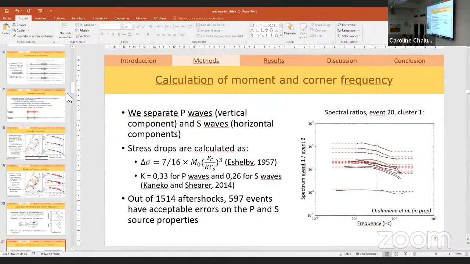Apart from that, it would obviously be interesting to image specifically the parts of the plate interface that have repeaters in them. It might also be